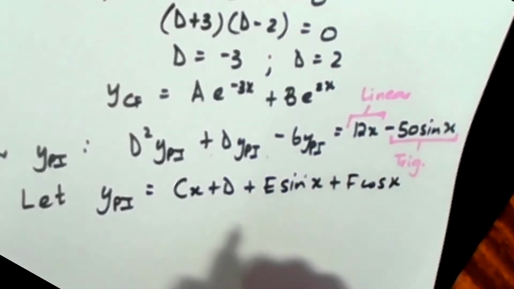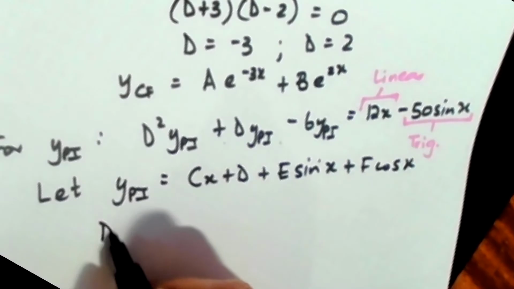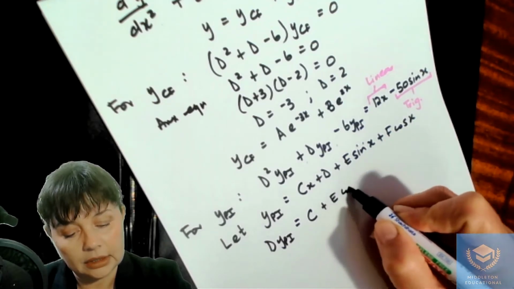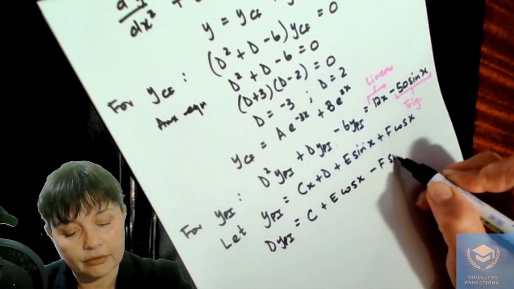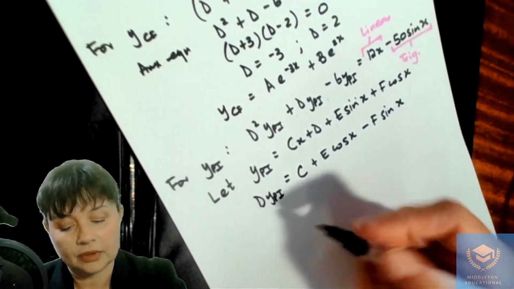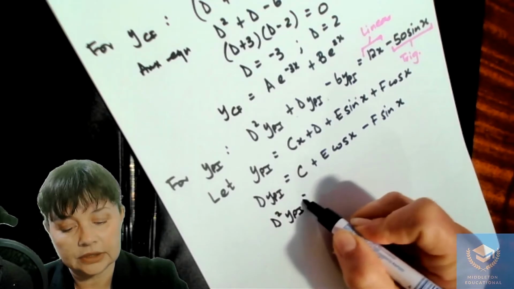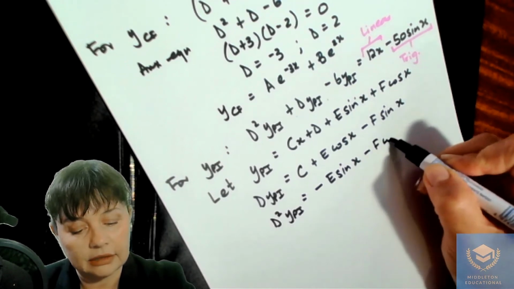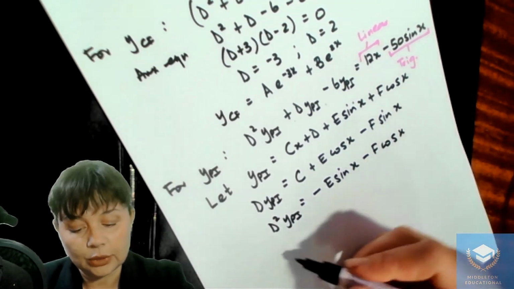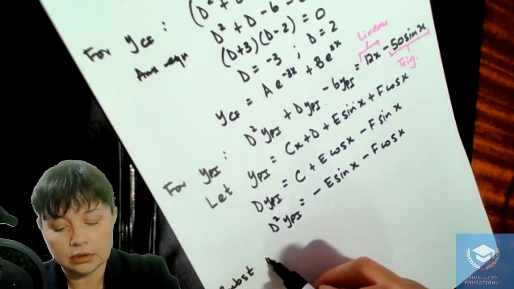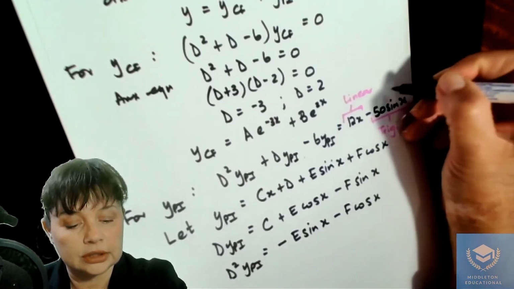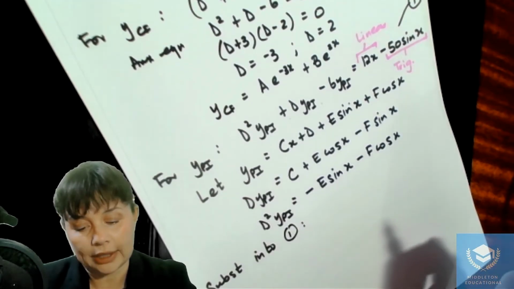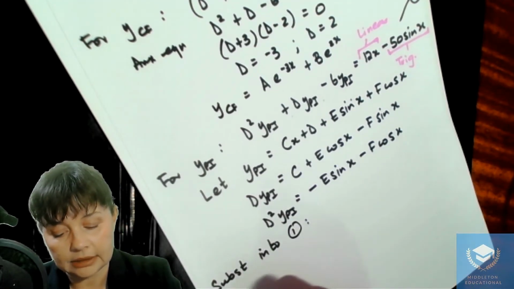plus f cos x, right? Then our first derivative is going to be c plus e cos x minus f sine x. The second derivative is going to be minus e sine x minus f cos x, right? And then we're going to substitute into our equation. So I'm just going to put a little tail here and say that that is equation 1, right? So I'm going to substitute into 1, and we have minus e